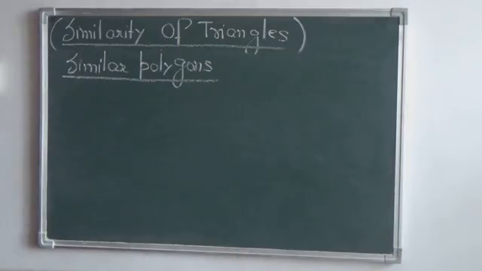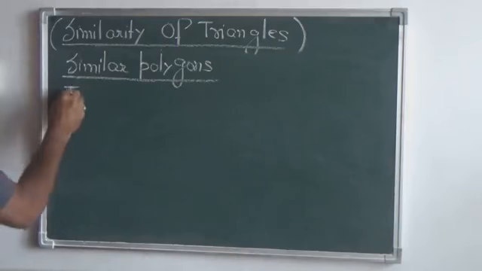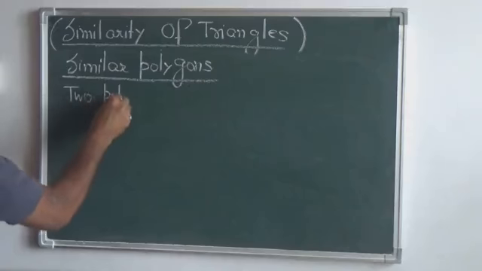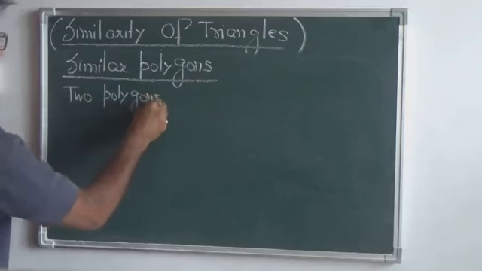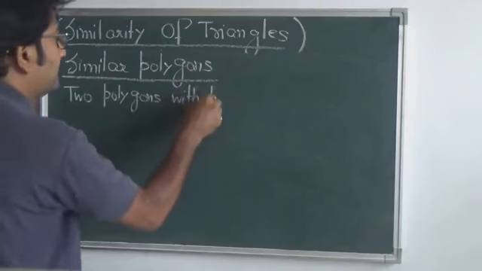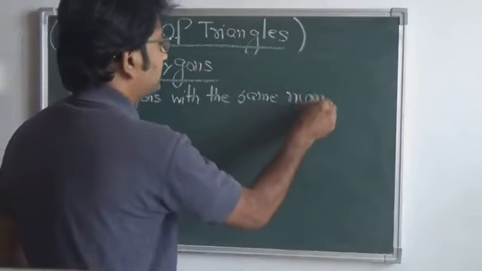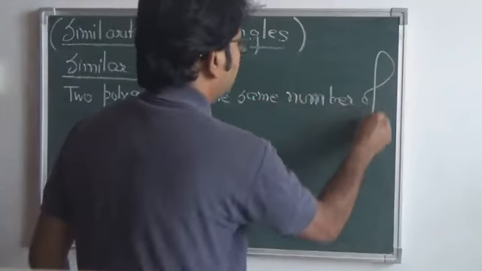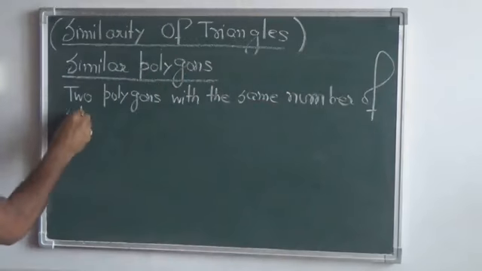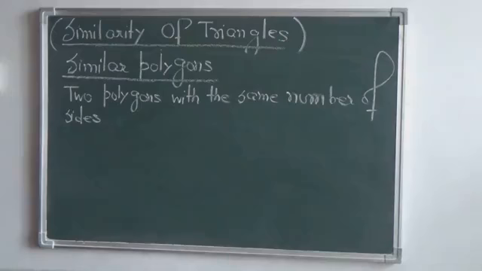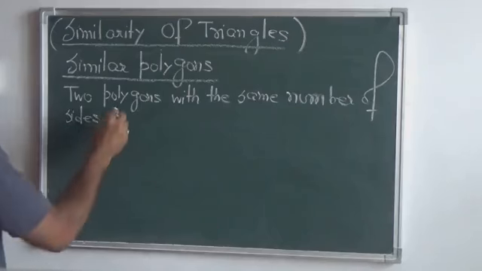Two polygons with the same number of sides are said to be similar